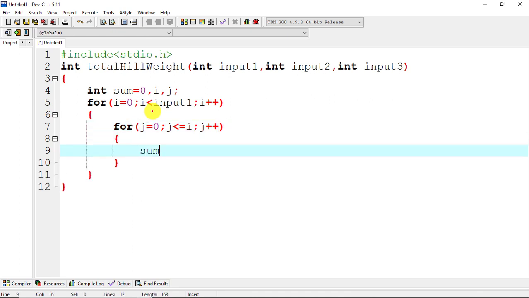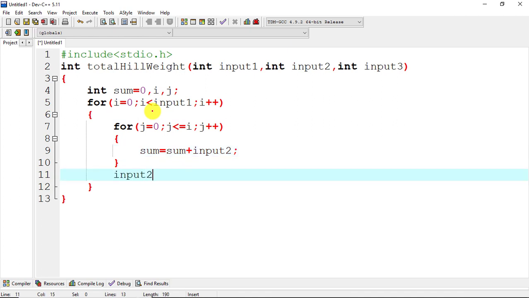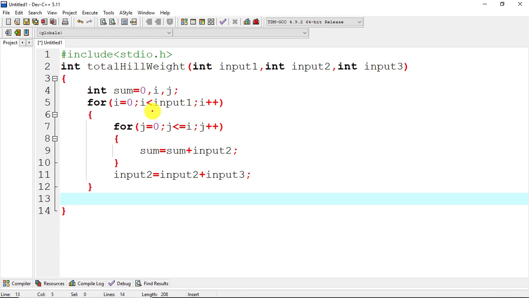Now we will perform some operations, that is sum equal to sum plus input 2. After that input 2 equal to input 2 plus input 3. Now here return sum.